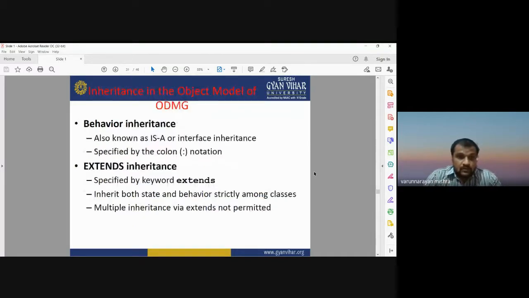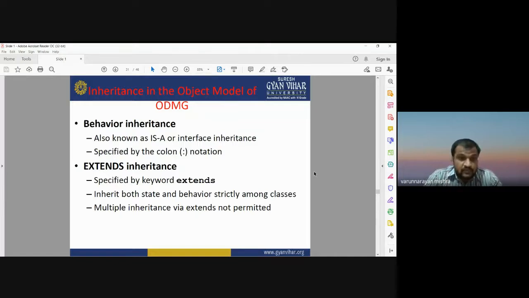Behavior inheritance is also known as ISA, or interface inheritance, and is specified by the colon. So when we define inheritance in the object model, we need to specify it with the colon notation.